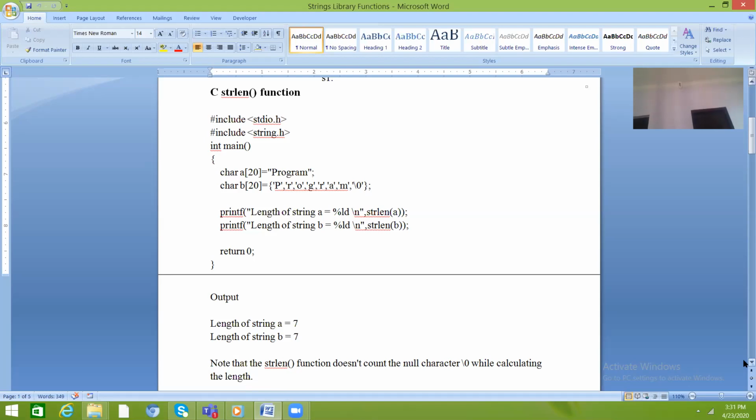So #include <stdio.h>, #include <string.h>. After that the main body will start.